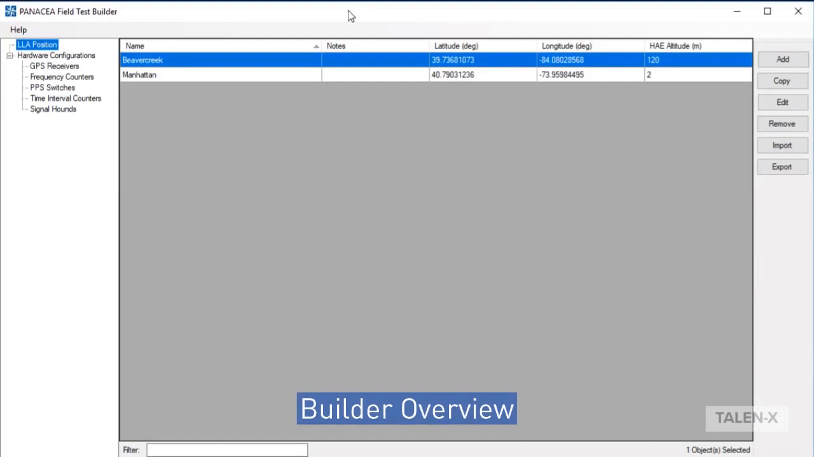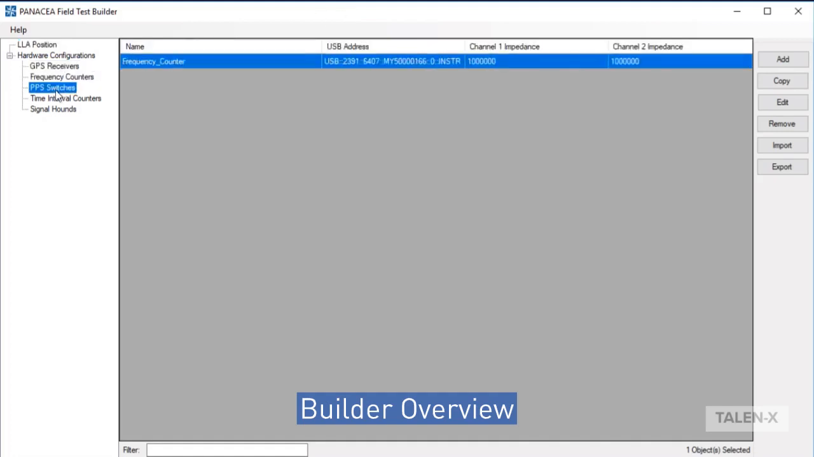This is the PANACEA Field Test Builder. As you may be able to tell, there isn't a whole lot to it. The left-hand side of the window consists of the components that your hardware configuration is constructed with, as well as